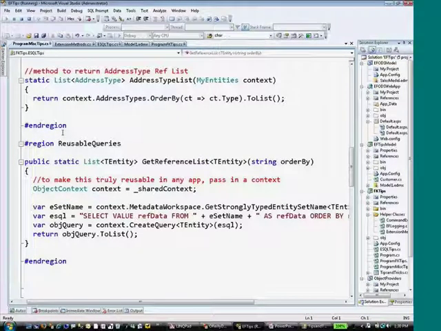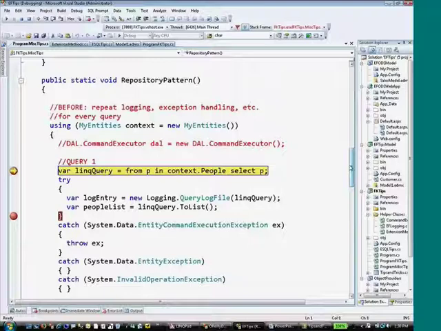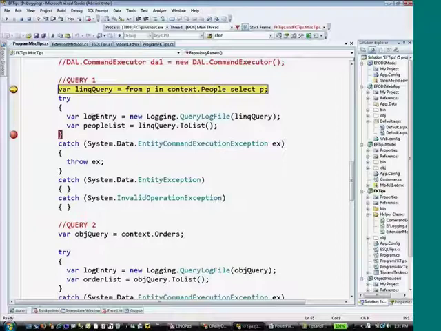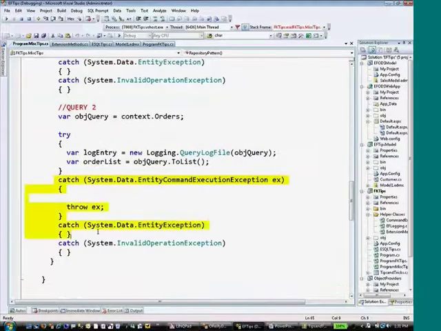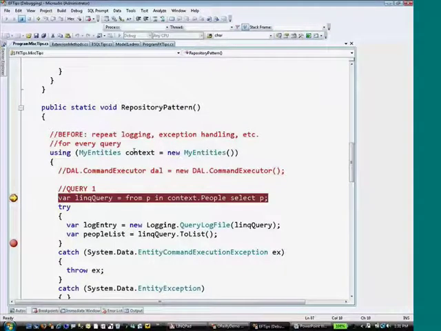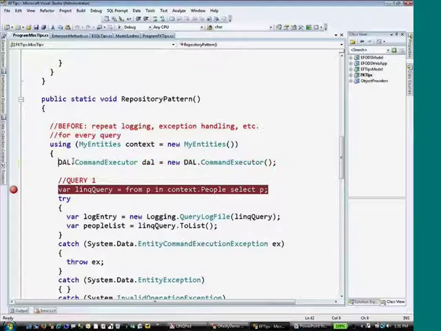So here's just an example of doing it the more typical way, right? I'm defining my query, I'm logging the query, I'm executing it, and then catching all these exceptions. And then I've got another query to do. So I define it, I log it, I execute it, and then I catch all the exceptions. So what I wanted to do instead to avoid that was to have one way to execute the command. And when I finally realized that I could pass the actual query around, which now seems so obvious to me, right, but it just never occurred to me before,